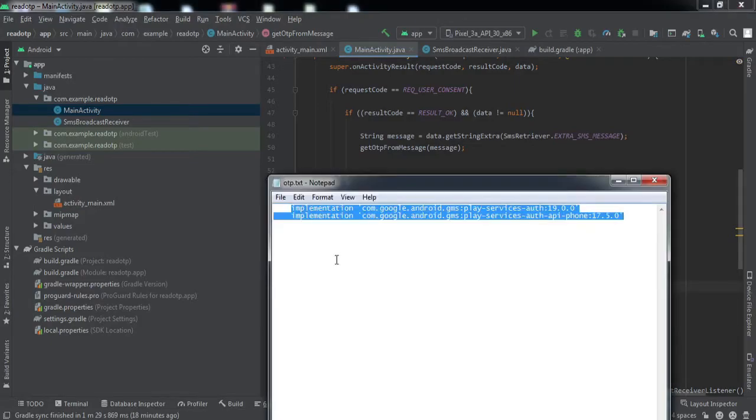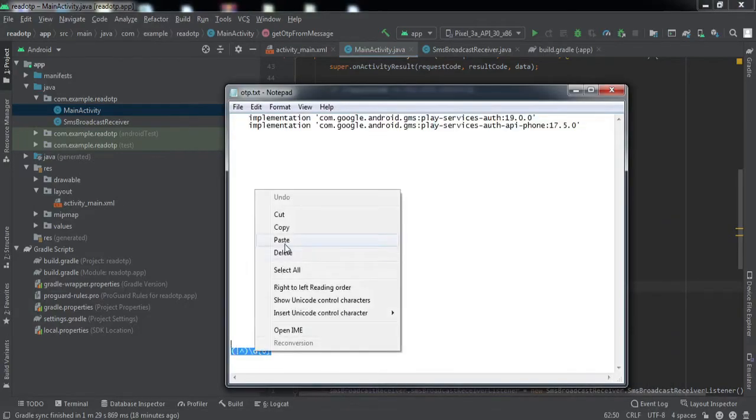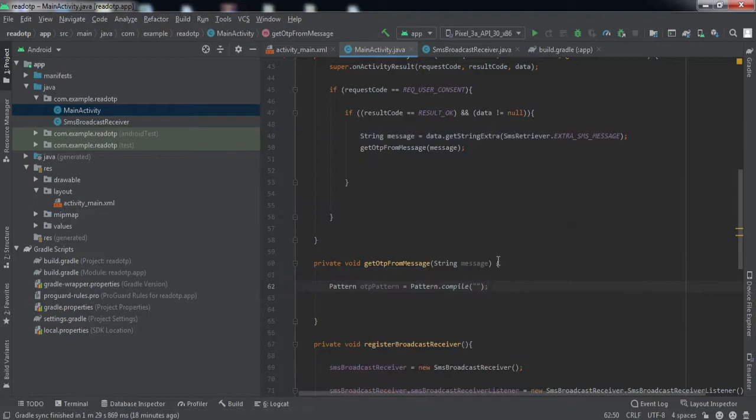For that, I have the code here, so it may look a bit complicated. I'll provide it in the description below. You can copy it from there and paste it here, right? Here 6 denotes that we need to extract 6 digits as the OTP. So if you have more, you can just change this value according to the length of your OTP.